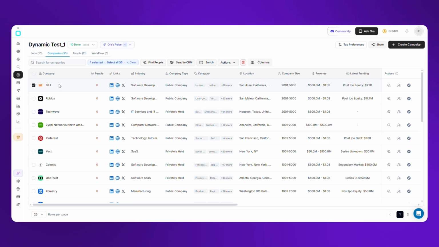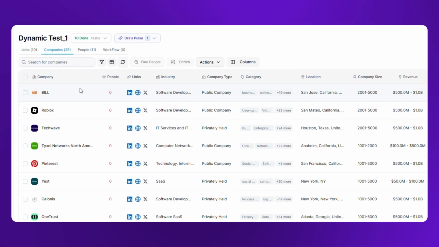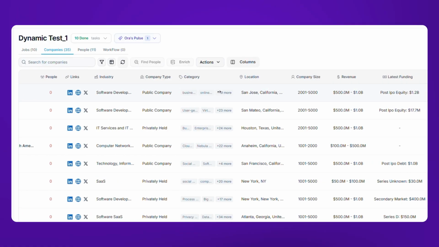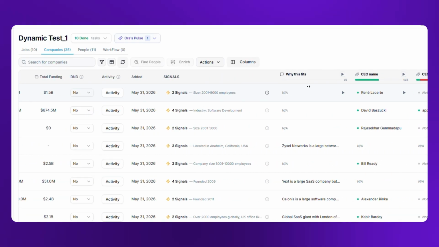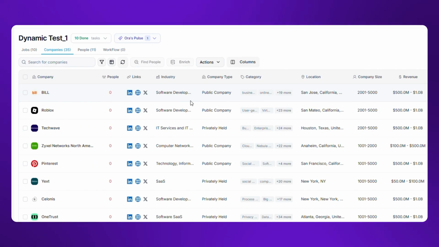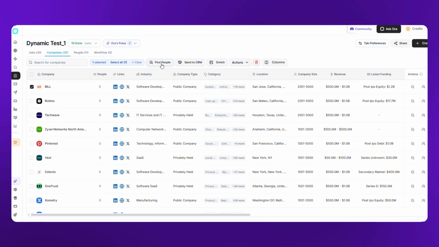In here, you will be able to see the details of the companies, like the LinkedIn link or the website or the X handle. You will be able to see the industry, the company type, category, the location, all the relevant information of those companies. If I click on a company and click on Find People, in